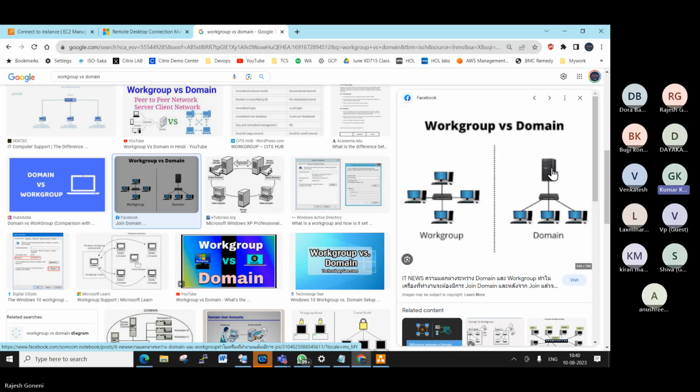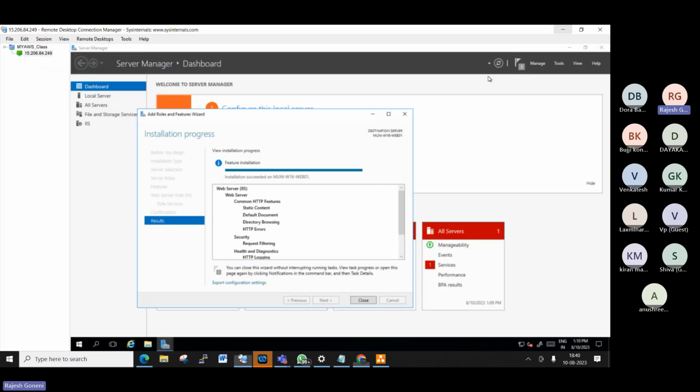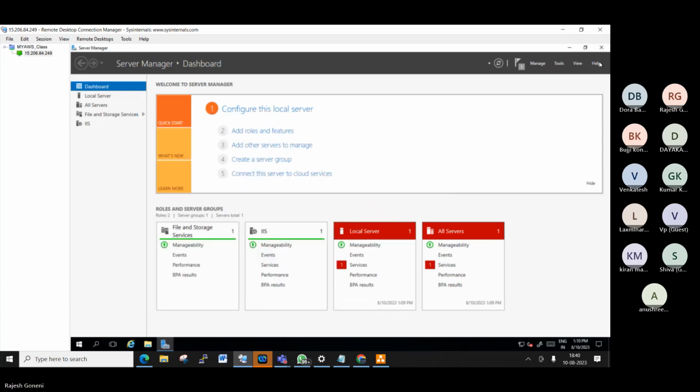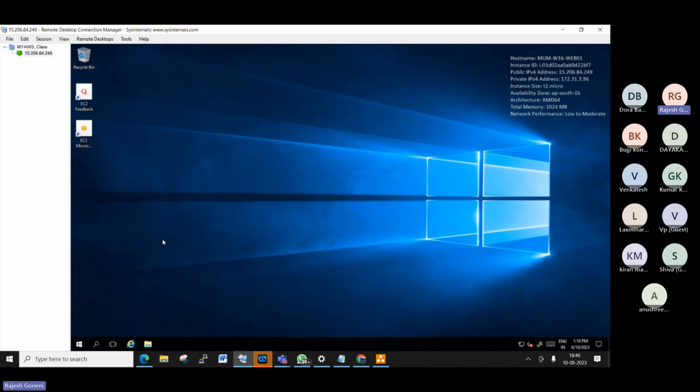So now coming to this, the web services role is successfully installed, and click close here. And now close here. And you can check whether the web services role is successfully installed or not. How can you check that? Go to File Explorer,